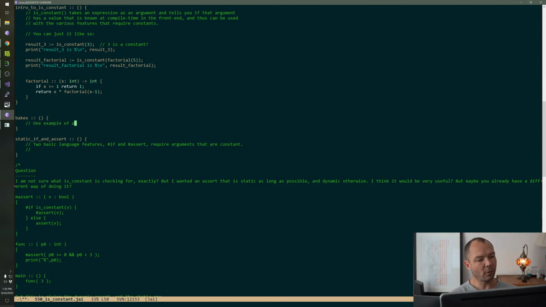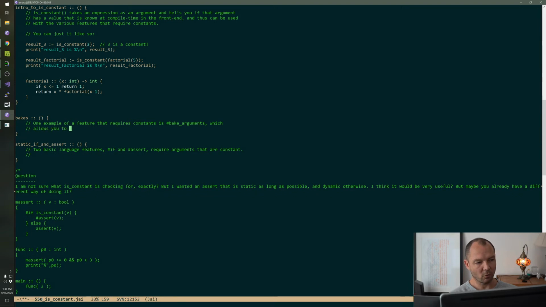One example of a feature that requires constants is bake arguments, which allows you to recompile procedures with some of the arguments substituted into simpler ones.